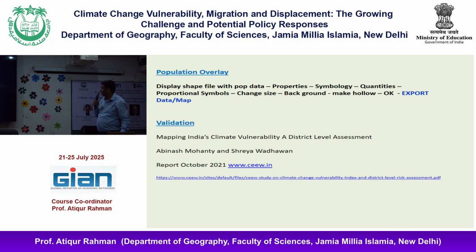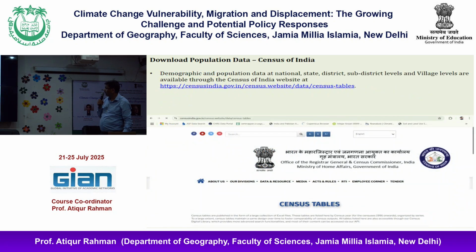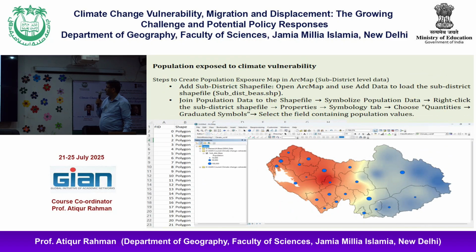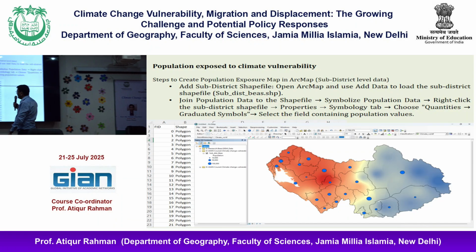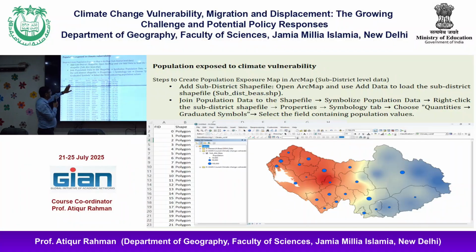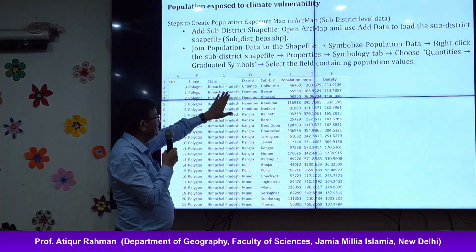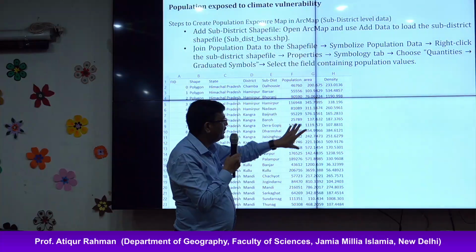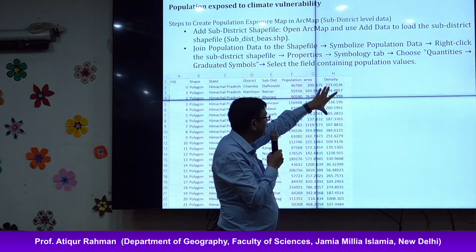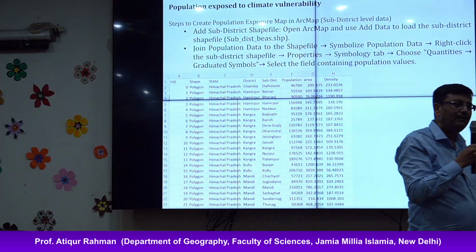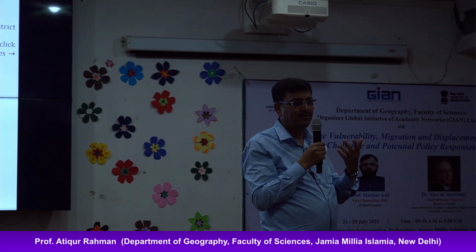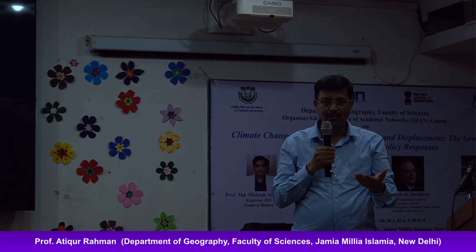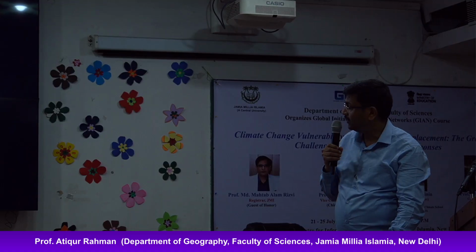Use this data from Census of India. We all know this is not new to you. This is population interpolation, population overlaying and making into different classes. Say for example, this is the population data from Census of India 2011. These are the state, district, sub districts, population, area and density. You can use population density, you can use total number of population, you can use density, and then you see what is the state of affair in terms of total population or density. Whatever you want to overlay or see the relation.